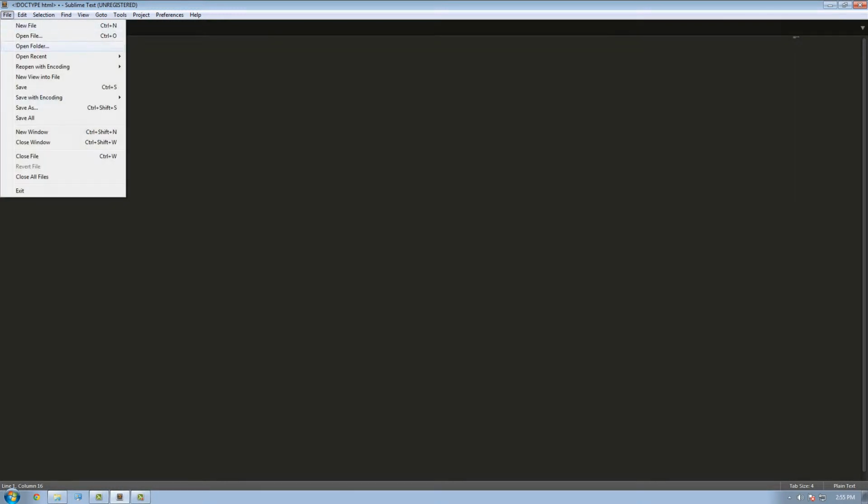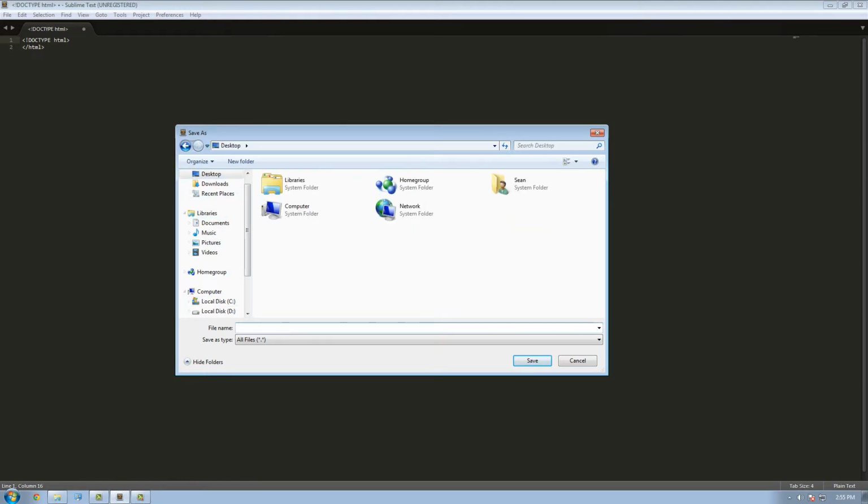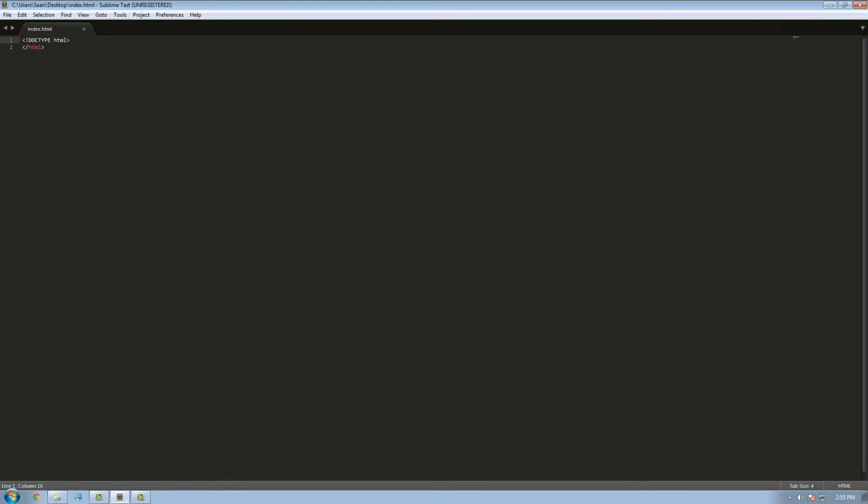Go ahead and save this file as index.html. I'm going to save it on the desktop because that's the easiest place for me to find it. And now that we've saved it, you see the syntax highlighting has come up, and every time you highlight something, it'll highlight every instance of that highlighted text, and usually all tags are now highlighted in pink, and actual content is going to be white, even though this is different. Anyway,